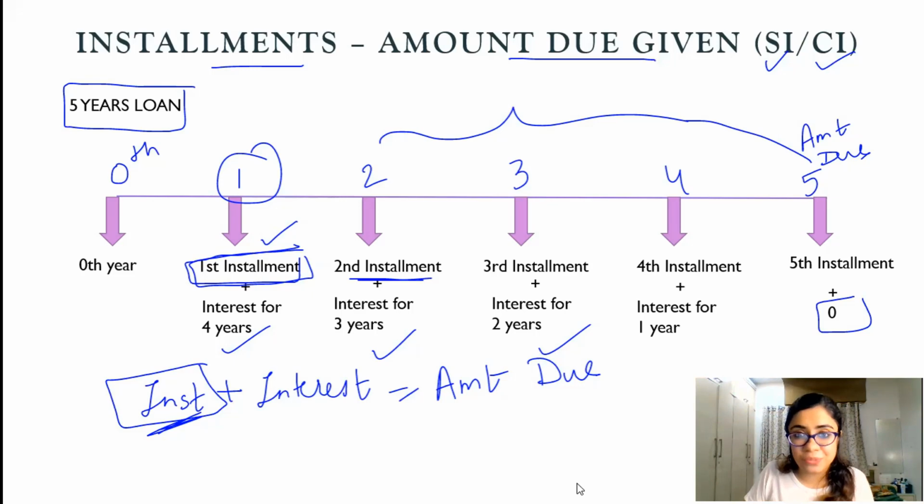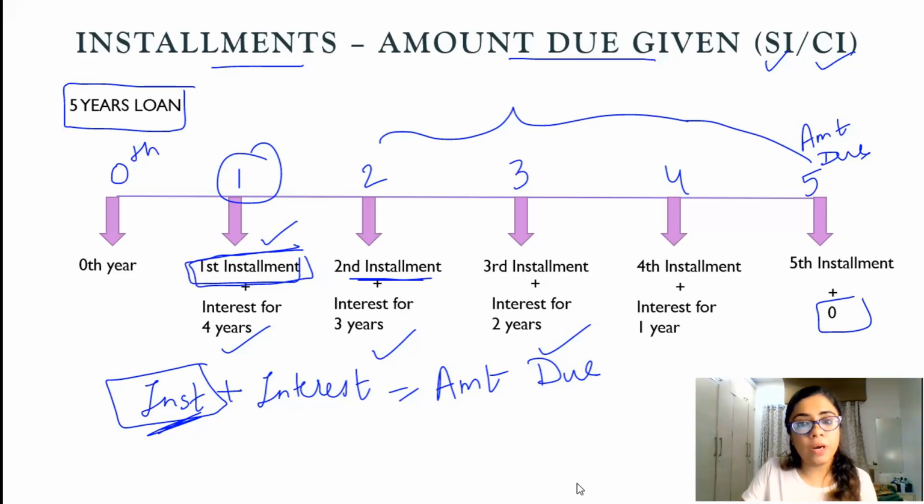Your loan taken reduces. So if you pay the money in installments, the money which you are paying is less than the money which you were supposed to pay at the end of 5 years. If you directly decide to pay at the end of 5 years, you will be required to pay more money. But because you're paying it earlier, in this case, you will be required to pay less money. Okay? I hope this is clear.